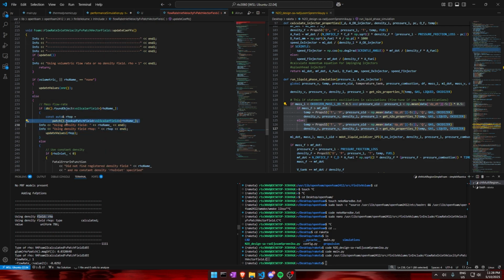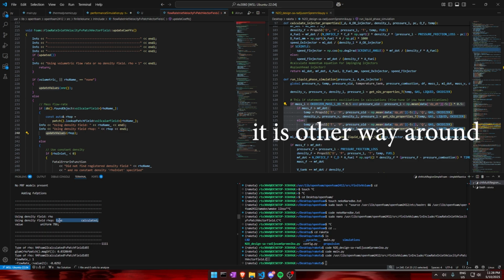He comes over here, and the thing is that this row that is being updated is actually calculated. This is what we don't want. I mean, you want it if you are simulating incompressible flow, but if you are simulating compressible flow, you don't want it. And you also don't want it because this is actually wrong. Why is it wrong? Because